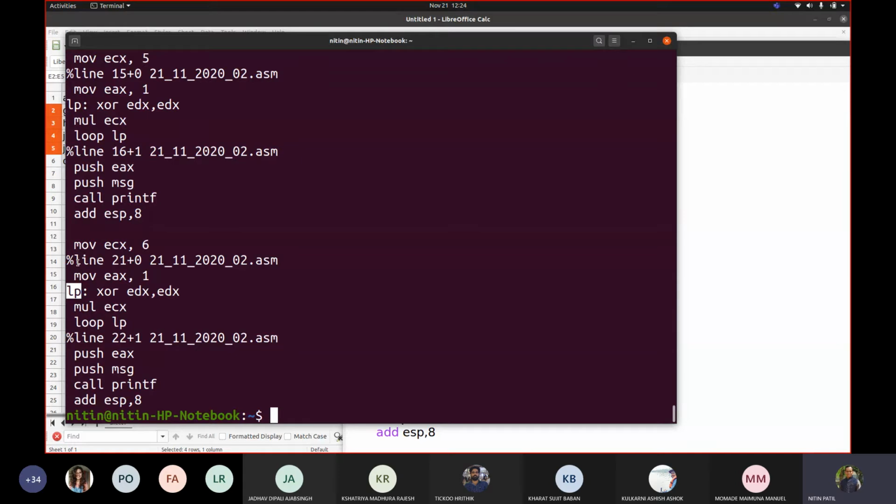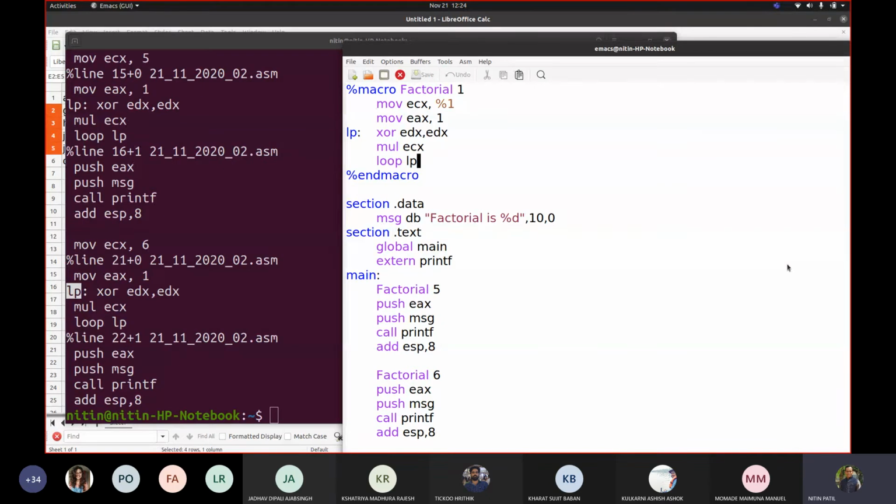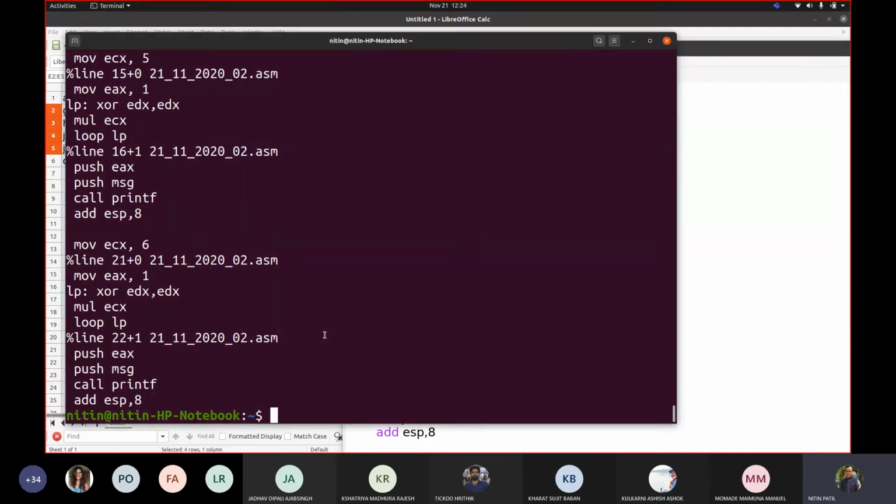But it suddenly saw here we have LP, here we have LP, and this LP is repeated twice. Correct. LP got repeated twice. So that's why these labels got affected. Now how to remove this error? To remove that error, let us try this. Let us see, can we get out of this error?